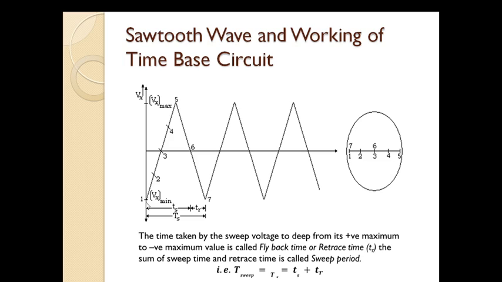So you can see it starts from a very high minimum voltage, and then the voltage goes on increasing, you can say it goes towards the positive side, and then it becomes 0, then goes to the highest positive, comes back to 0, and then again traces its way to the negative voltage.